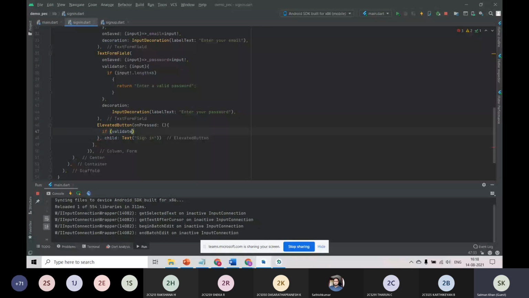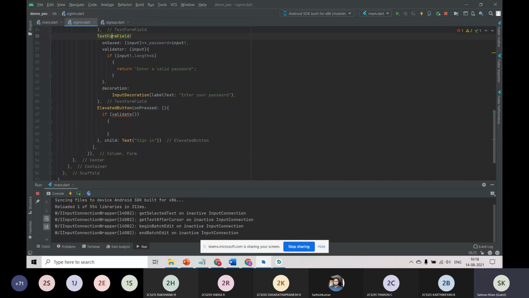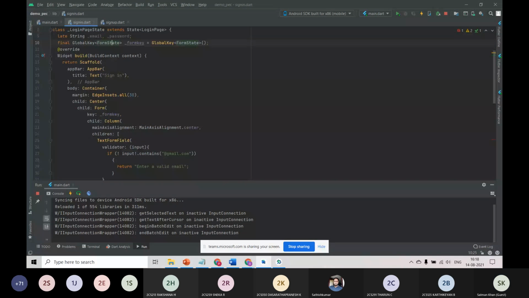We will write it later, what we should validate. And if the validation is a success, we can call the method. Okay, we'll write it later. For now, I'm commenting this line.